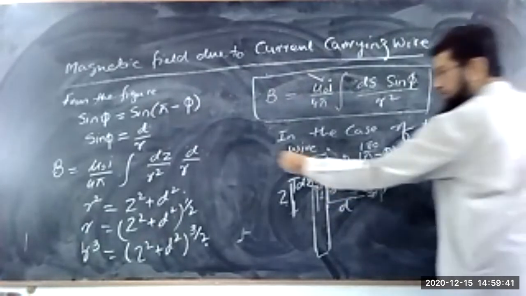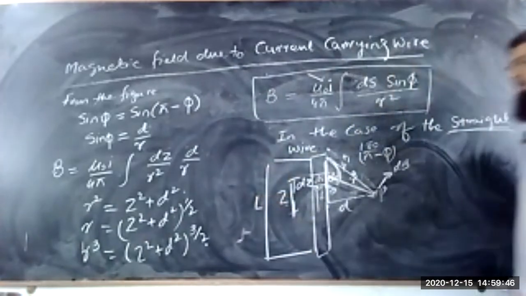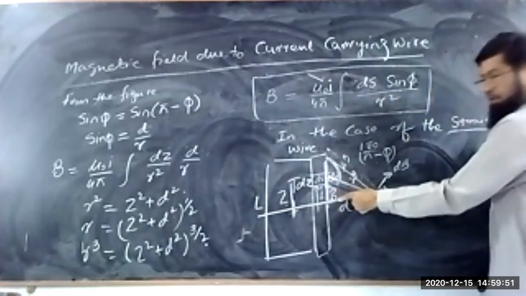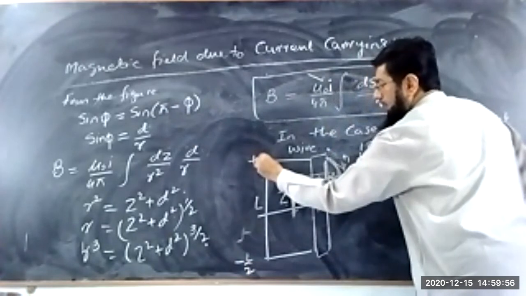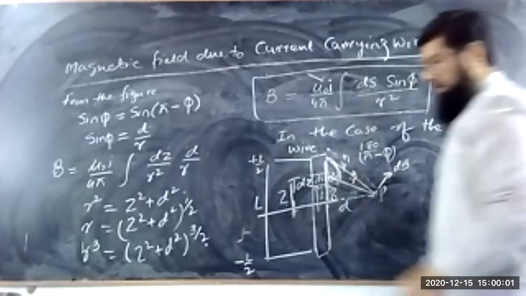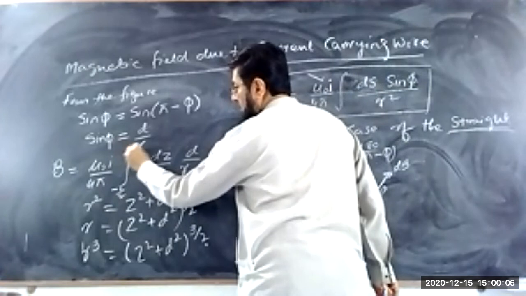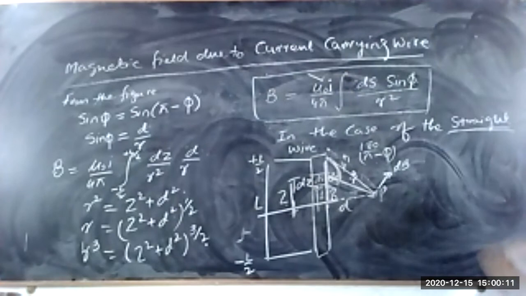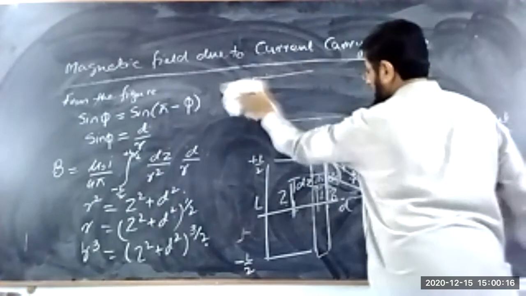Here the total length of the wire is L, and this is the center, which we call 0. So the wire extends from minus L by 2 to plus L by 2. These are the limits of the integration. So now in this case the equation becomes